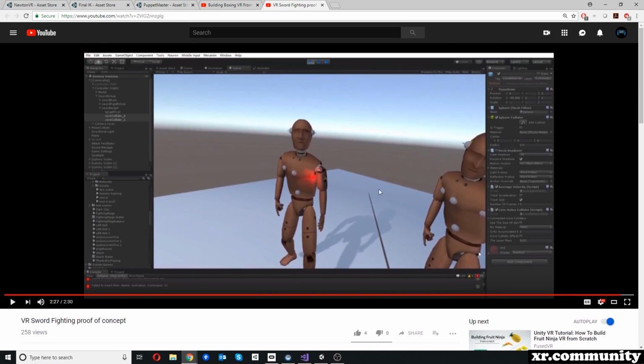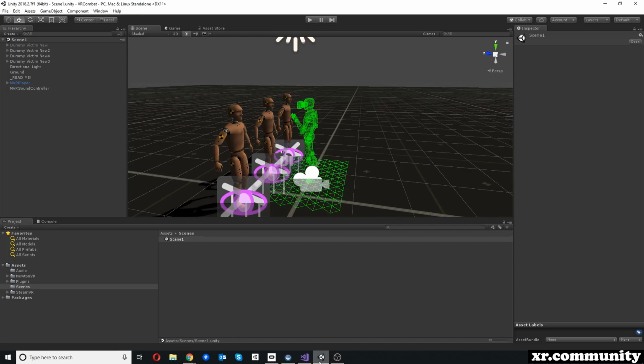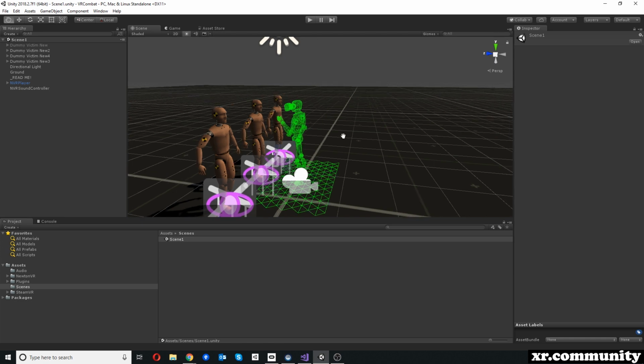And that's a sword fighting game, but it's not really a tutorial, it's just a short video of a proof of concept. But that's one of the things that we aim for, that we can actually hit our dummies here with various objects, weapons, and so on. And I'd really like to extend this in the future to make this a multi-part tutorial and extend this over time, because I can already tell you, I didn't invest a lot of time in this first prototype yet,